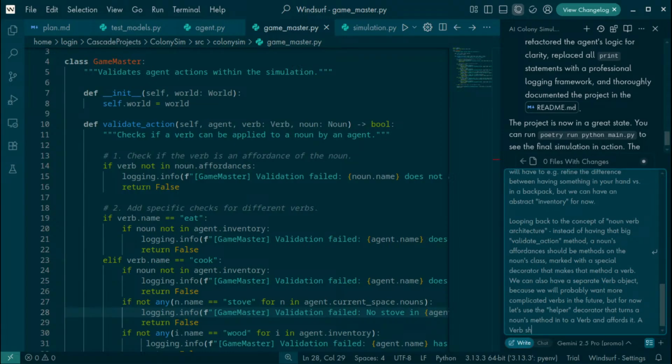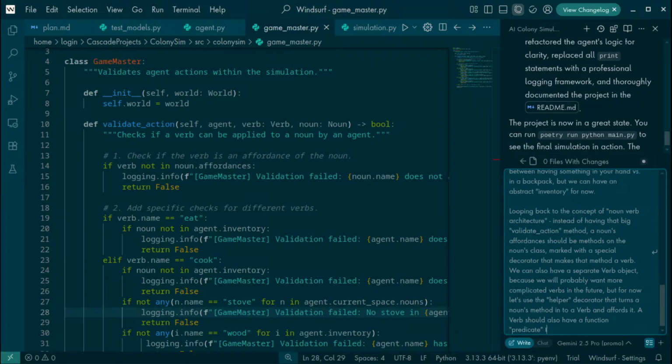A verb should also have a predicate function that does that validation logic.